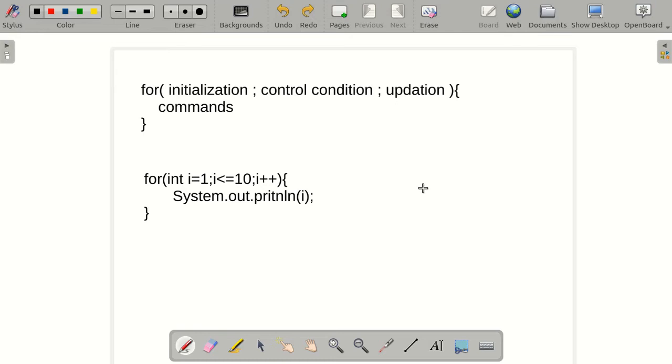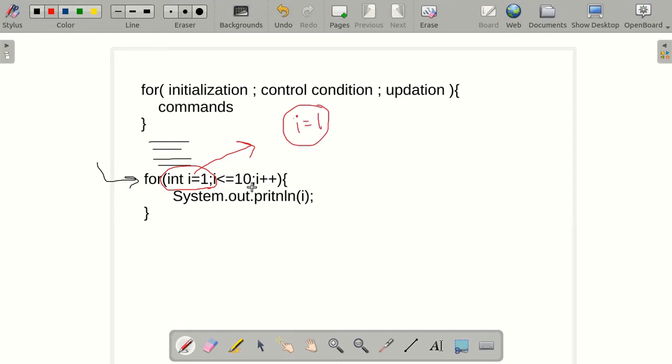Now, once the compiler will start executing a program, it will execute all the commands written before the for loop. Now once it comes to this part of the program, which is the loop, it will read this part, that is the initialization part. Now since we have a declaration over here, that is, we have declared a variable I, it will allocate some memory with name I and store value 1. So we have a variable named I which has value 1 in it.